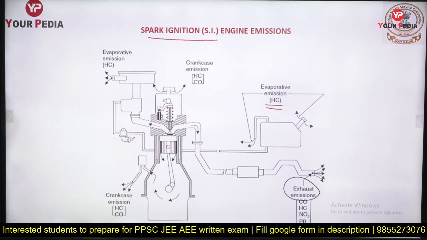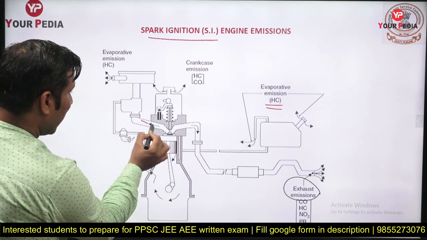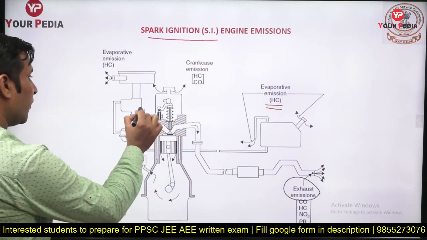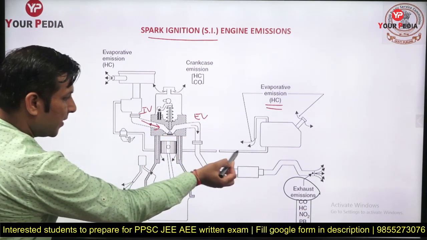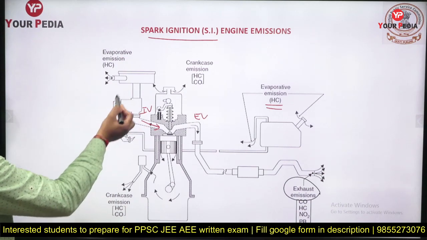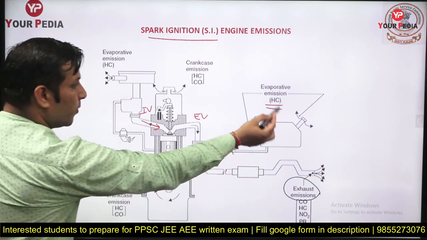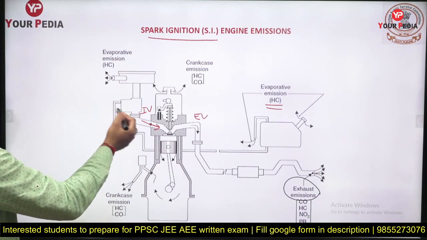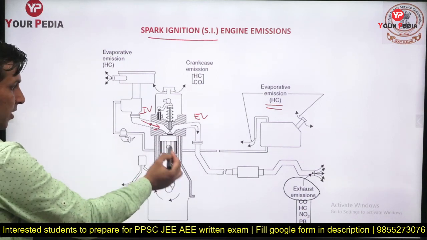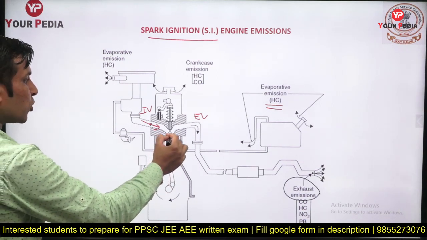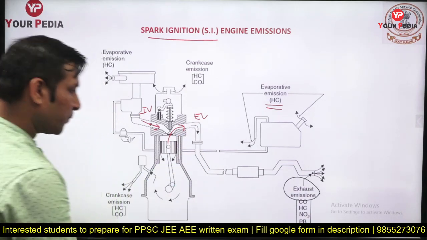So when you are supplying the charge, the mixtures are entering, so this is the evaporative emission from the pipeline. The direction will be something like this, guys. This is the inlet and this is the exhaust. This is the inlet valve, this is the exhaust valve, something like this. So from the tank, the fuel and air go into the carburetor. Through the carburetor we get the air-fuel mixture into the combustion cylinder. Then after combustion, the exhaust products go through the exhaust valve, something like this.